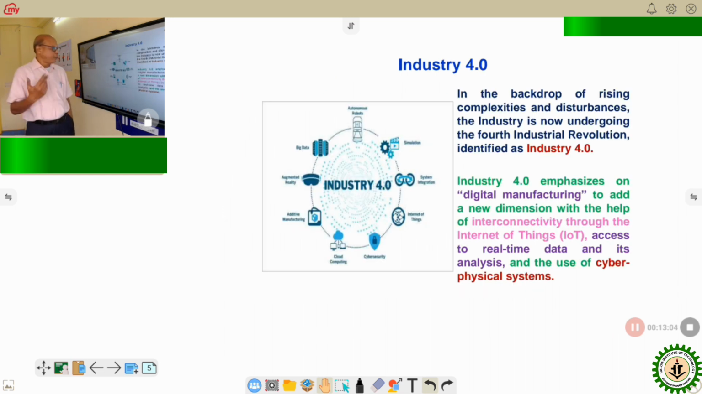Now, what is Industry 4.0? In the backdrop of these rising complexities and disturbances, the industry is now undergoing the fourth industrial revolution, identified as Industry 4.0. This concept was first proposed and made public at the Hannover Fair. It is basically a German initiative where a lot of prominent automobile manufacturers from all across the globe